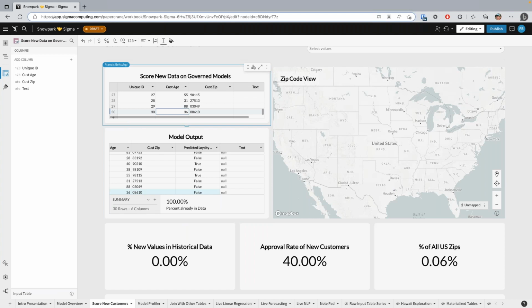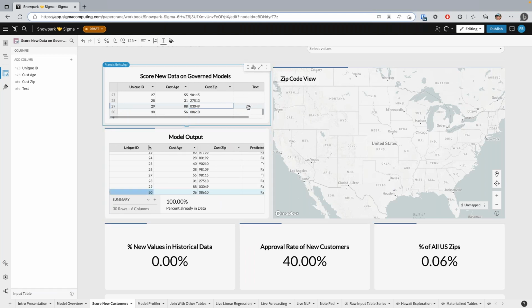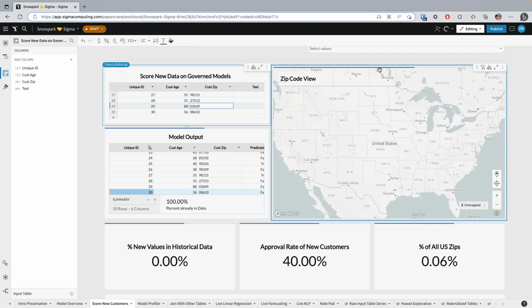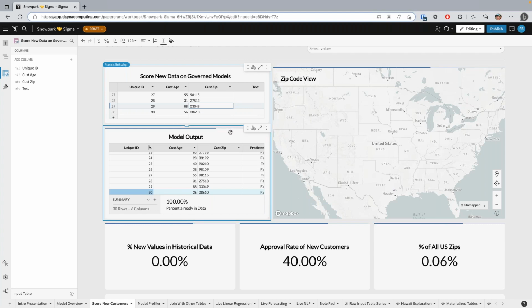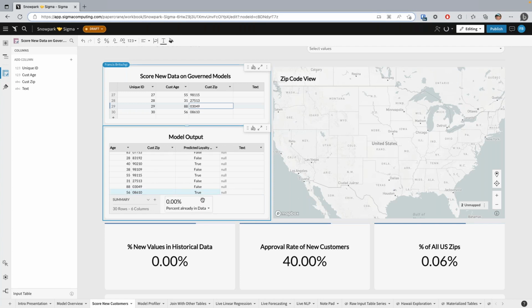But if we wanted to say, all right, well, what if they were actually 56? We'd be able to send that new data back to the warehouse as well. So we see the query rerunning. We're going to adjust the batch that's being sent, and we'll see that 56-year-old reflected here. And the 56-year-old was accepted. And so this is that kind of what-if analysis on the fly that allows our team on the business user side to leverage the work that's being done on the data science team side.